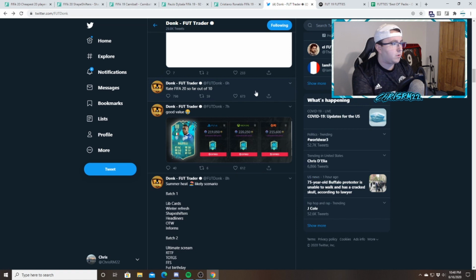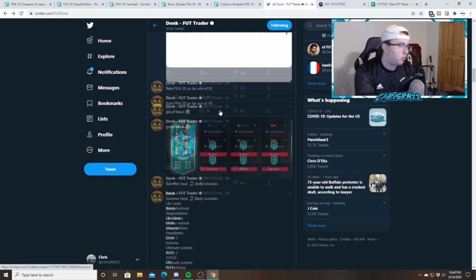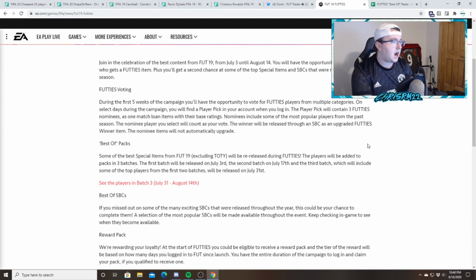And that is kind of like what we got last year, where it would be like an 82 Lozano, and then we'd have to throw him into a certain SBC, pick whichever one we want, and that's obviously the card that will be getting the SBC, whoever gets the most votes. So I kind of said in my video yesterday, I thought that Summer Heat was just a rebranded version of